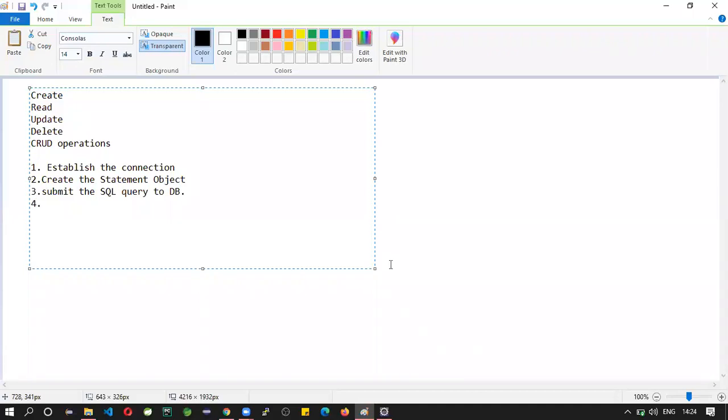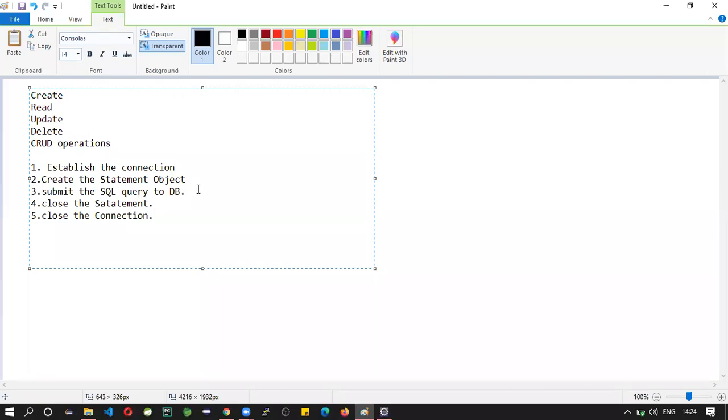And finally, close the statement and then close the connection. These are the steps that we are going to follow.